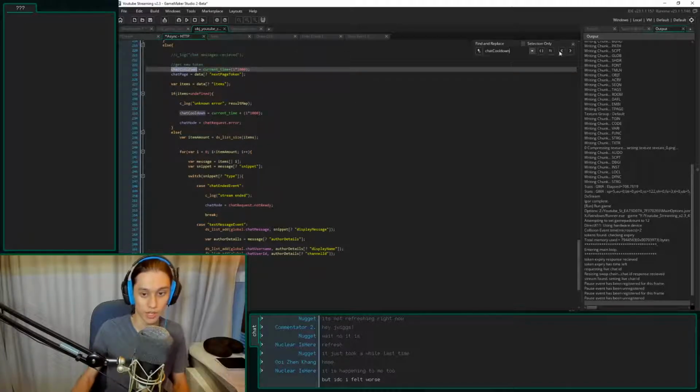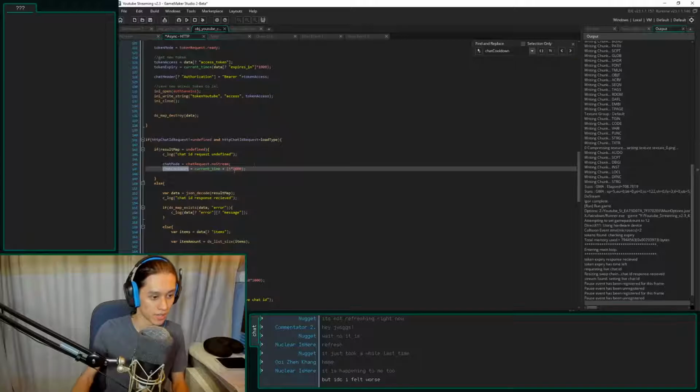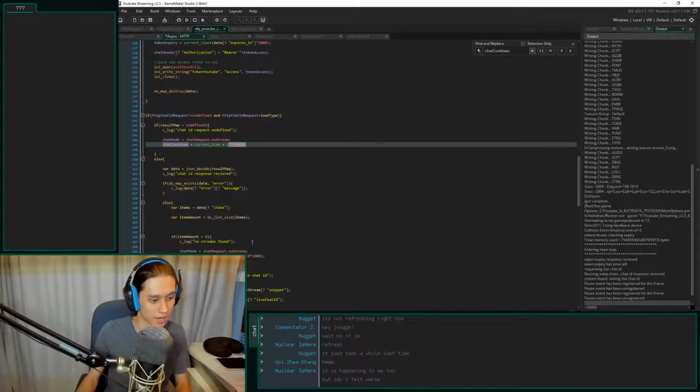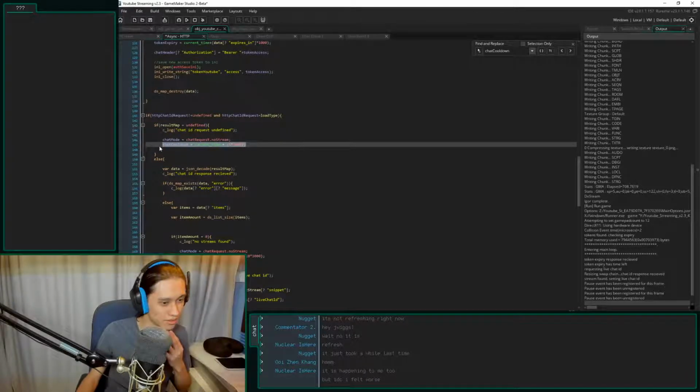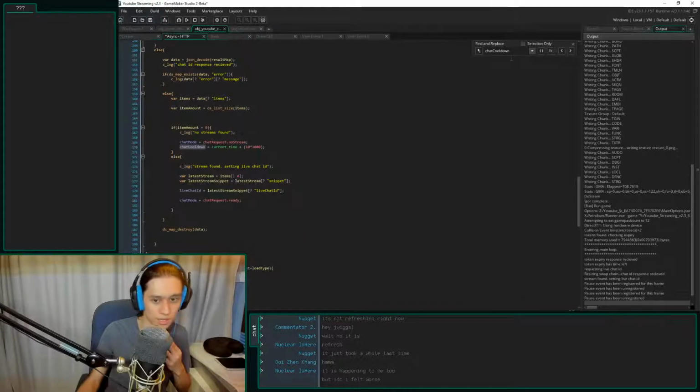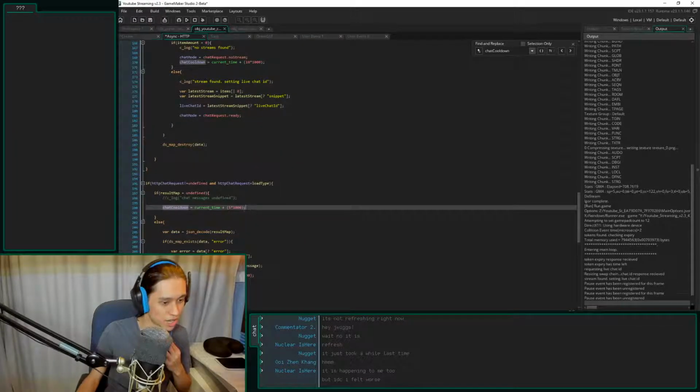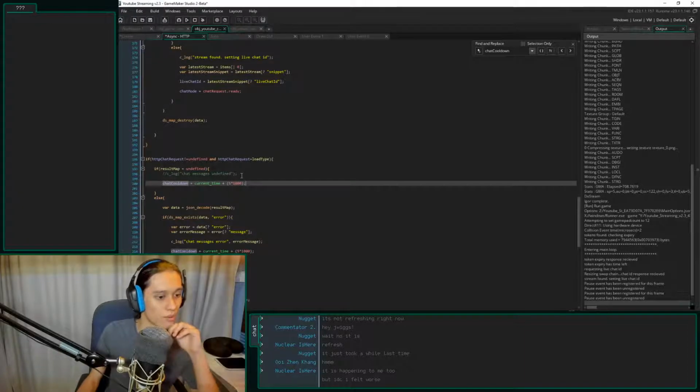I also want to make sure I catch all of these, because sometimes chat cooldown equals the current time plus... Oh no! Okay, this isn't good. Okay, this is okay. Chat ID request is undefined. Okay, that is a good timeout. But chat cooldown equals... Okay, this is a problem.